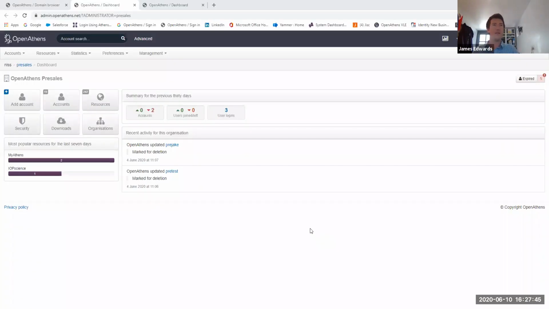Perfect. So hopefully now you can see the administration area for OpenAthens. I've brought up two accounts here. I've got a demo account, which we can play around in a little bit. And then, for the statistics side, I will show you the clinical knowledge network that I just demoed earlier, so you can see how those statistics will come through.